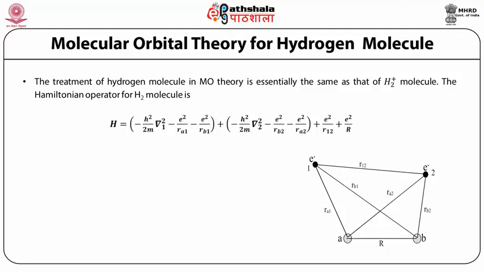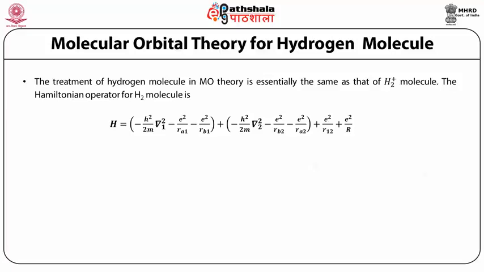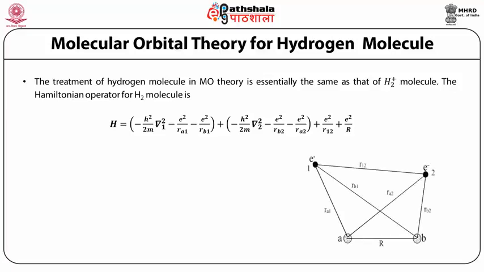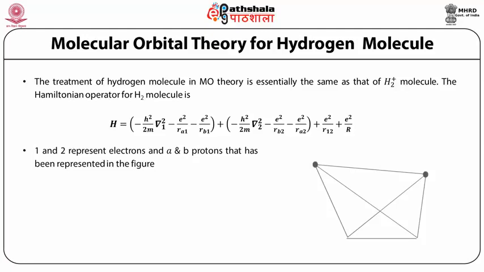H is equal to minus h square upon 2m del 1 square minus e square upon Ra1 minus e square upon Rb1 plus minus h square upon 2m del 2 square minus e square upon Rb2 minus e square upon Ra2 plus e square upon R12 plus e square upon R. The figure is self-explanatory, as 1 and 2 represent the electrons and A and B the protons that have been represented